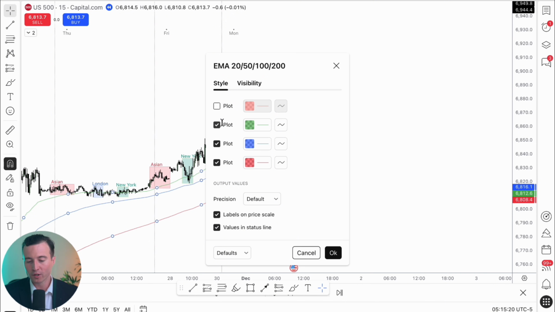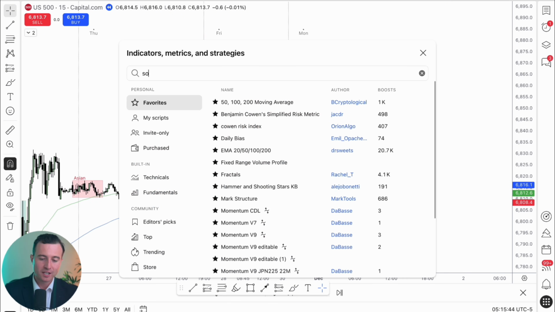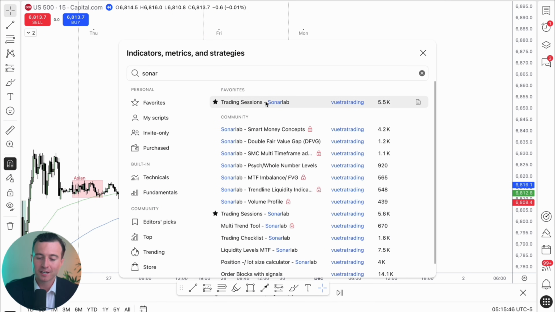So all that you're left with is the 50, 100, and 200. I've made the 50 in green, the 100 in blue, and the 200 in red. Then click OK. Next, to set up the session indicator, type in trading sessions